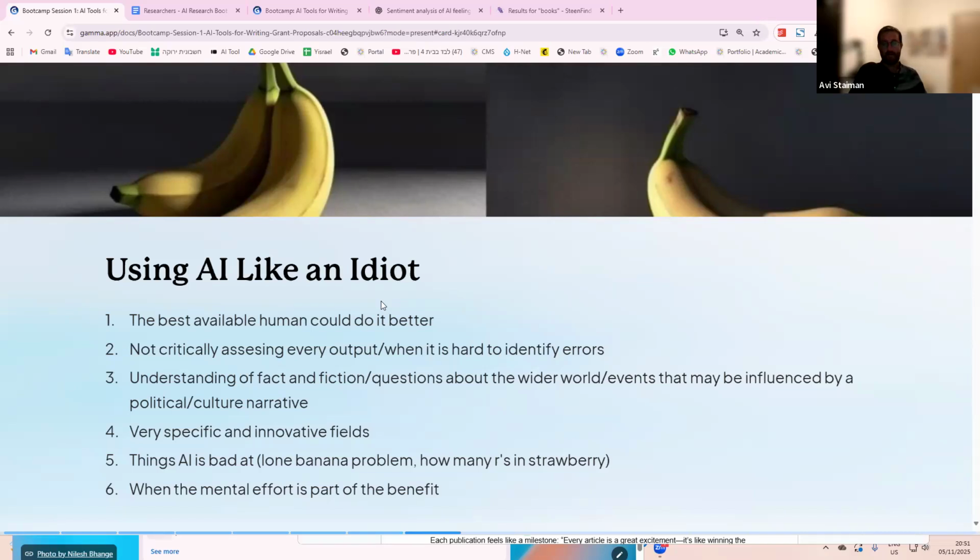One of my favorite examples of a blind spot in AI is what we call the lone banana problem. So maybe I'll present this problem to you, and you can see if you can figure it out. You can write it in the chat if you know why this is. For many years, I don't think it exists anymore, but for many years, if you asked ChatGPT to create a picture of a single banana, it was not able to do so. Does anyone have any guess as to why that may be? Meaning you would say, please make me a picture of a banana, and it would only make you a picture of a cluster of bananas.